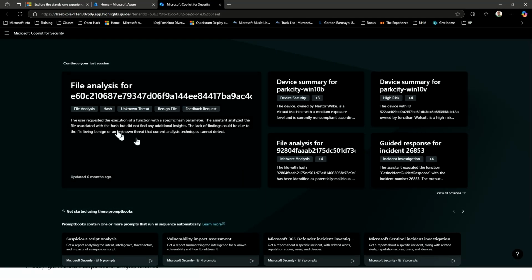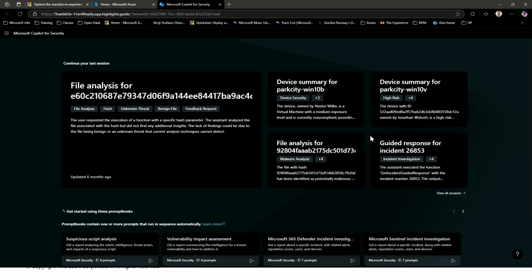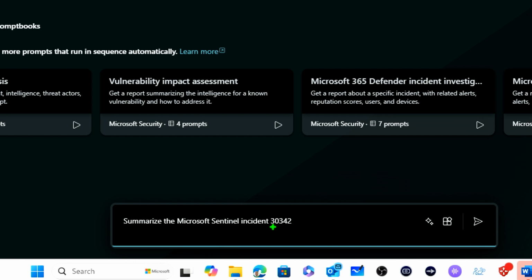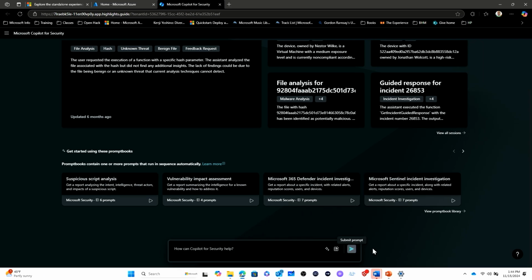So, we're going to go ahead and run a prompt in our prompt bar to summarize an incident from Sentinel. You can see that we're going to summarize a specific Sentinel incident. We may have seen this in our own Sentinel screen, but we want to summarize this incident ID that's been generated in Sentinel. So if I run this prompt,